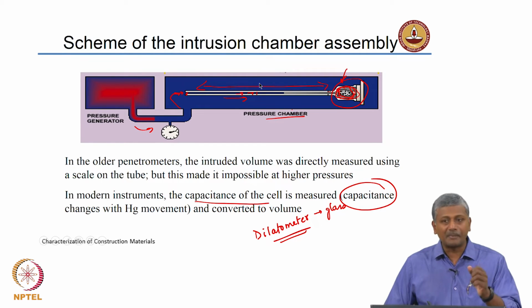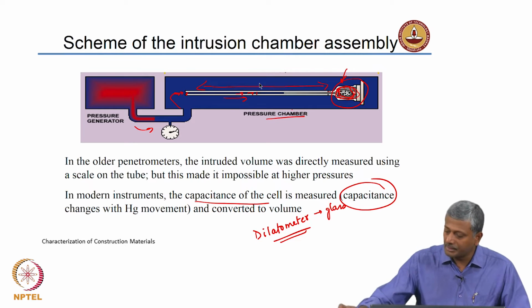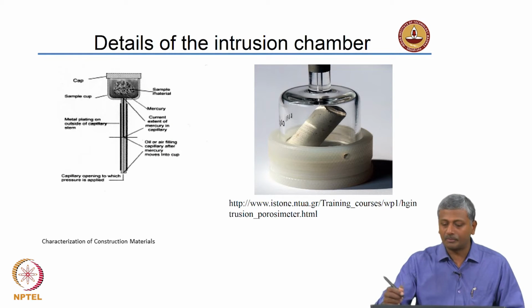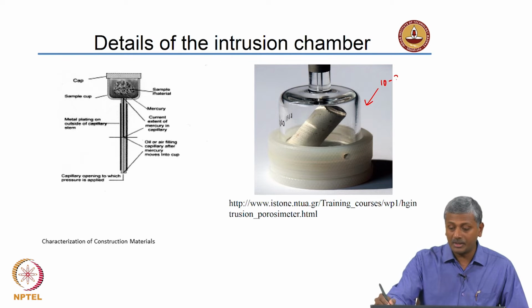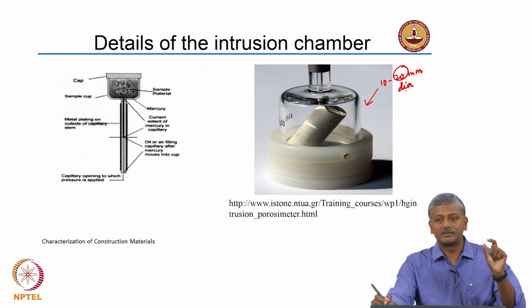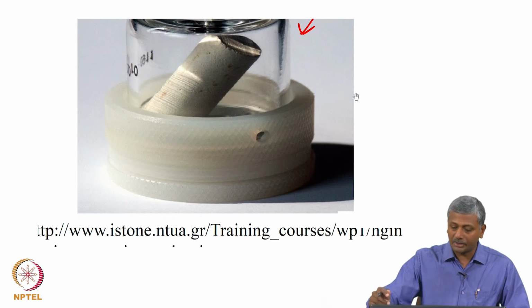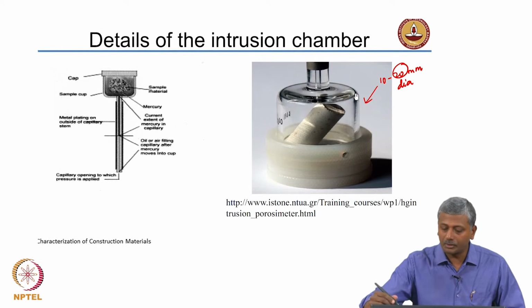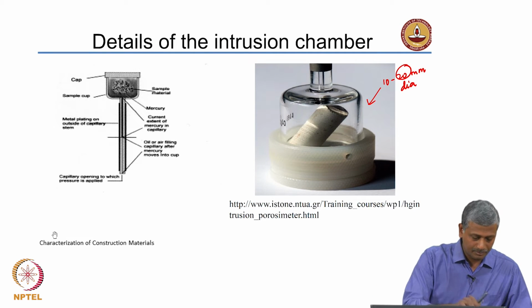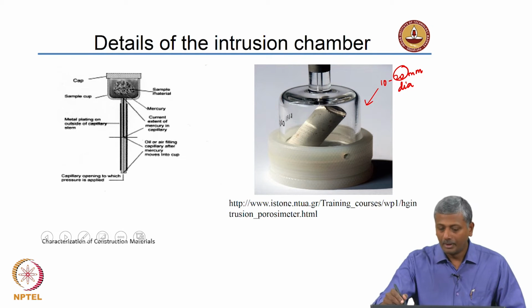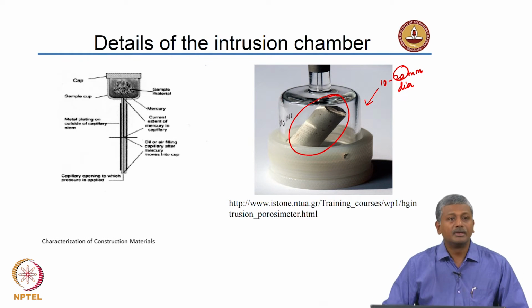Okay, so again sample size is very important. This particular sample container, as you can see from this diagram, which is actually highly magnified, the sample container is only about close to 10 to 20 millimeters diameter. Mostly it will be around 20 millimeter diameter sample chamber. So, it is quite small, it is a very small sample chamber into which you need to actually put your sample.